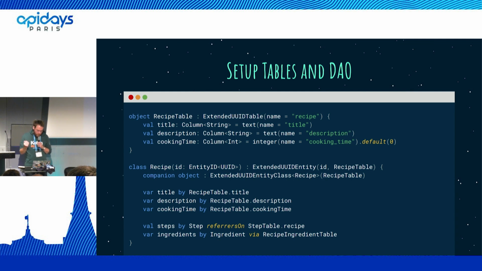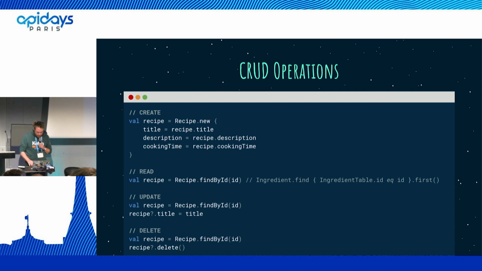And then we're gonna have a recipe class to make the operations on the table, like add something, query an entity, and update, all the CRUD operations. So we're talking about CRUD operations. Thanks to my recipe class, I can create a new entry in my database thanks to the .new function,